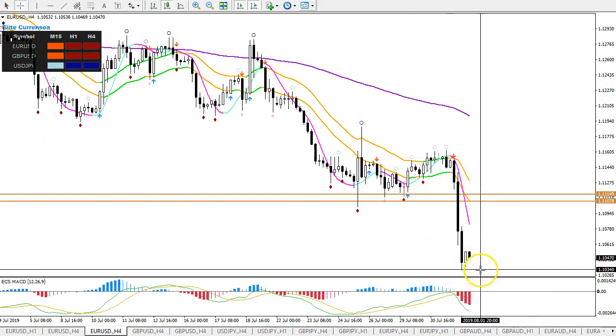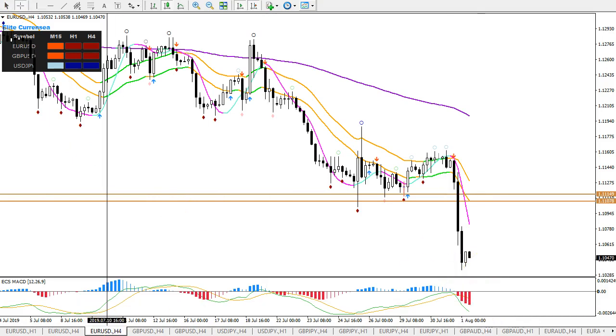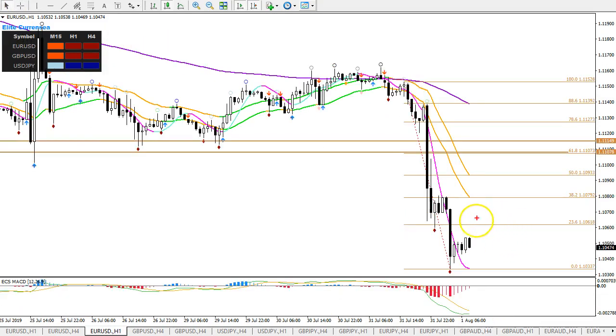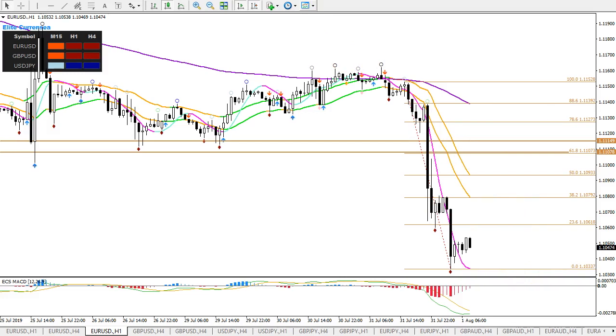Price made a low of 110.33. So for the moment, I think on the hourly chart, if it makes a pullback into the 38.2 fib and the 21 EMA, that could be a bouncing spot for a move down to 110. But not only that, I think